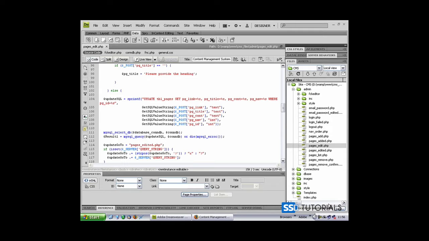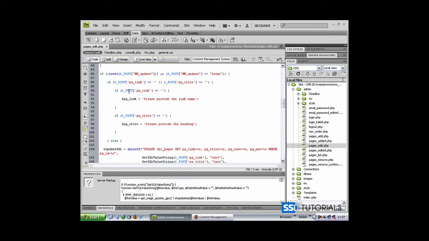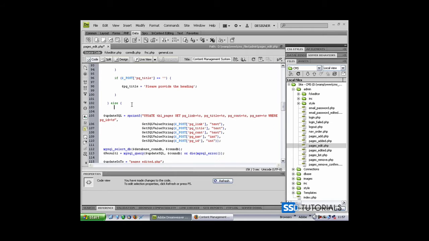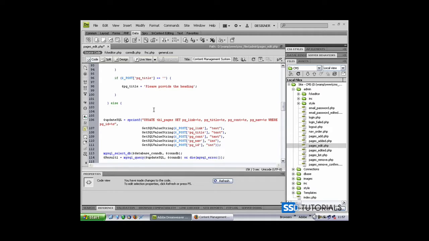Starting where we finished in the last video, go back to the pages_edit.php, and after our validation statement, after the opening curly brace, right after the else condition, type something like that. S value equals strip slashes, open bracket